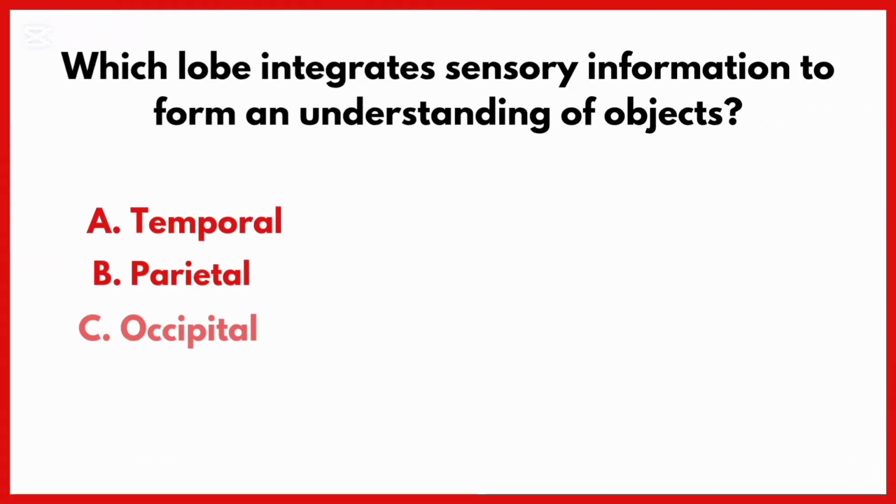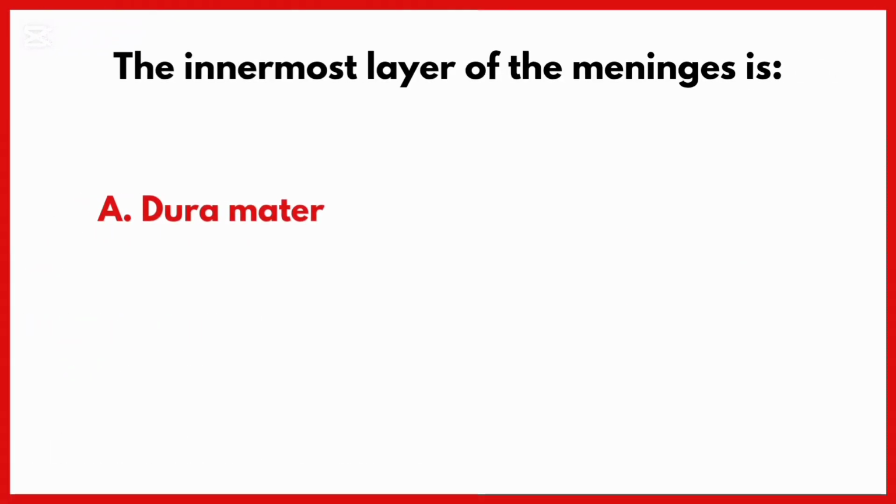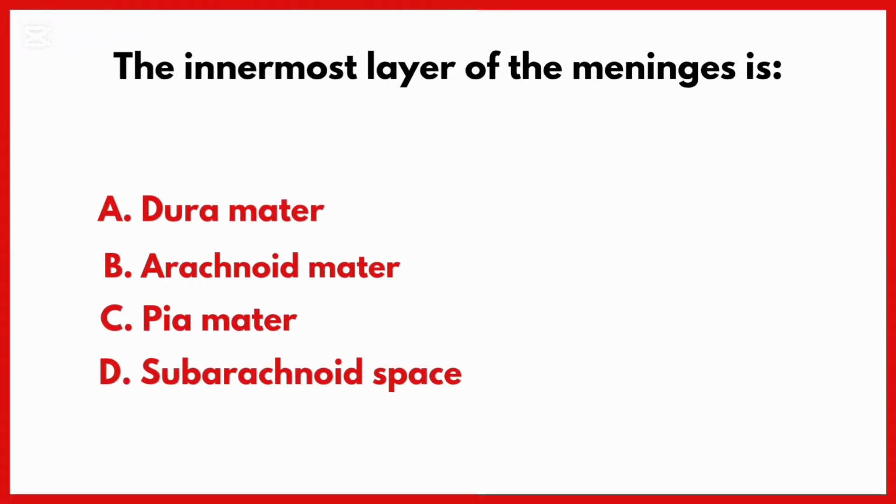Which lobe integrates sensory information to form an understanding of objects? Correct answer is option C, occipital lobe. The innermost layer of the meninges is. Correct answer is option C,